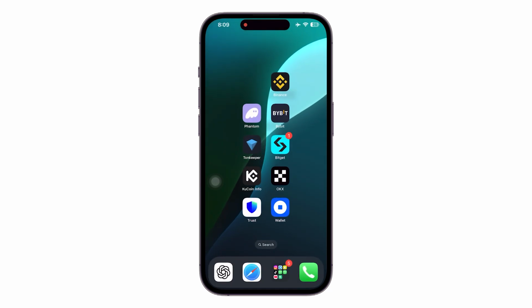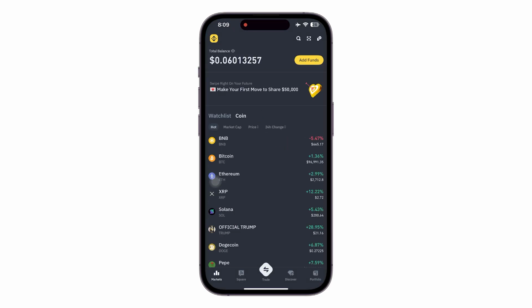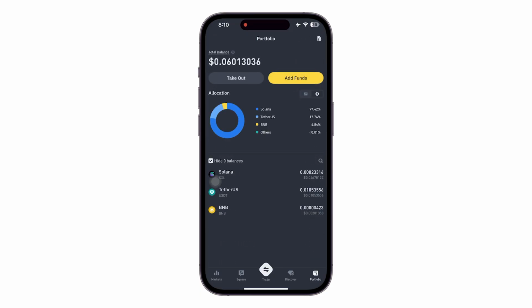How to transfer USDT from Bitget to Binance. First, what we are going to be doing here is head over to Binance. Since we are going to be receiving onto Binance, head over to portfolio, click on add funds, then you are